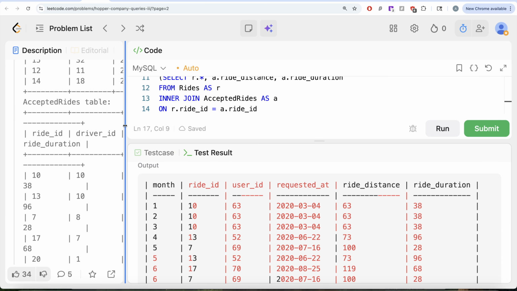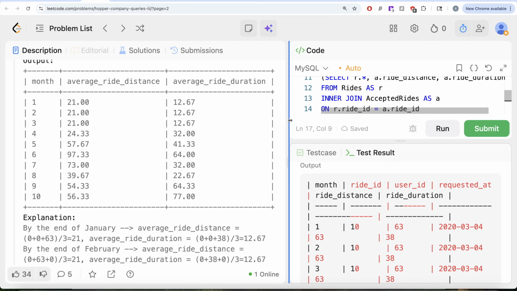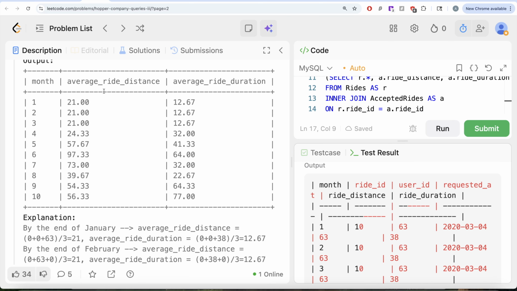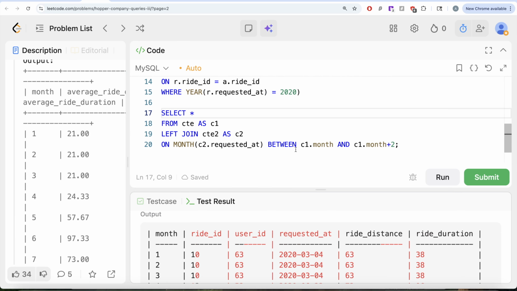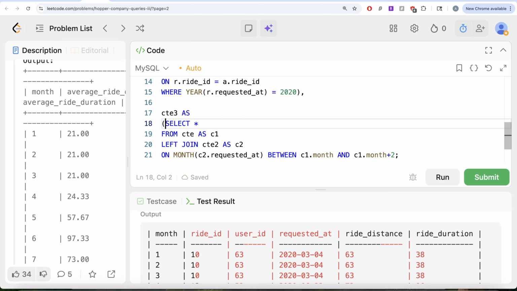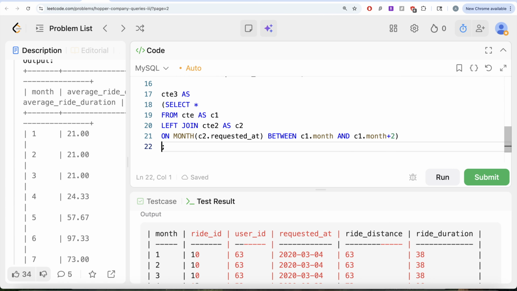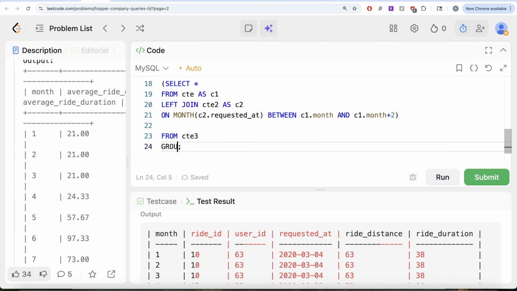Now in your output, what we want is one row for every single month, right? So if you look at it, you have for month one, what's the average ride distance and average ride duration. So we can simply do this. We can save this entire thing again in a third common table expression. So CTE 3 as, and this entire thing goes into parentheses. And now basically what we are going to do is, from this common table expression 3, group by the month column and then return me,